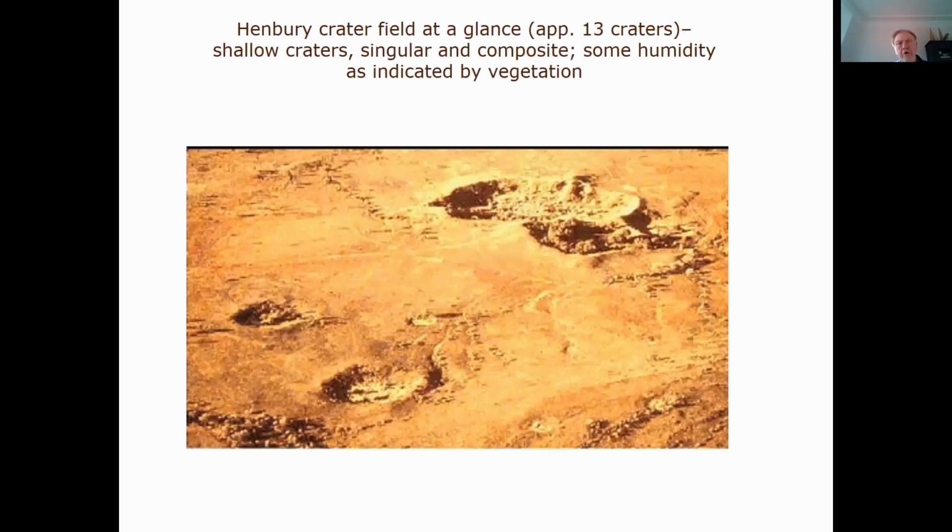Now, if we take an aerial view of the Hinberry crater itself, we can see that there are a series of depressions here in the landscape. All of these represent a crater. Some of them actually represent two craters, because the craters were so closely spaced that the material between them was blown away during the crater formation. And again, emphasizing the depression and the rim. The size here means that there are different energies involved.